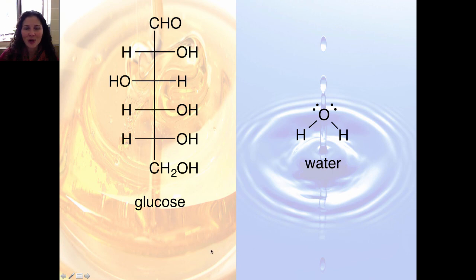Hydrogen bonding can also result in differences in viscosity. Glucose and water can be compared. If you have a solution of glucose dissolved in some water, it looks a lot like honey. So honey is basically sugar dissolved in water. And water itself you are familiar with. Viscosity means resistance to flow, and honey is much more viscous than water. Why is this? Well, count the hydrogen bonding interactions in water and glucose and see if you can figure it